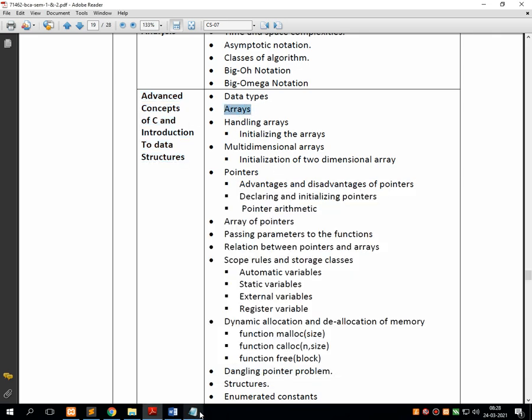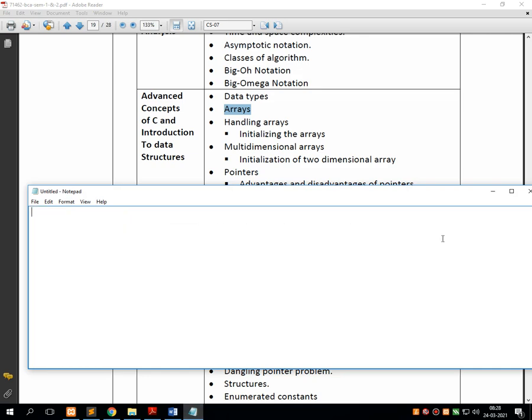Next is array. We know about arrays. Array means a set, or we can say a group, of information with the same name and same type is called an array.